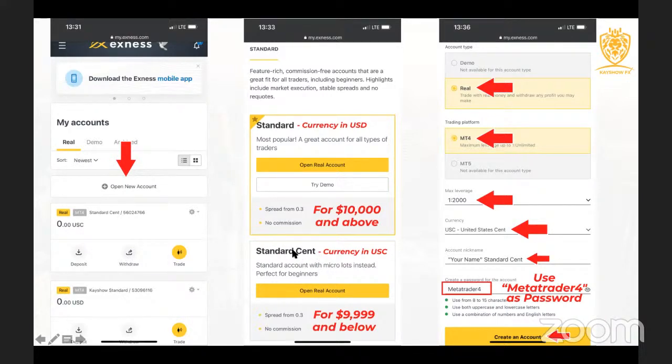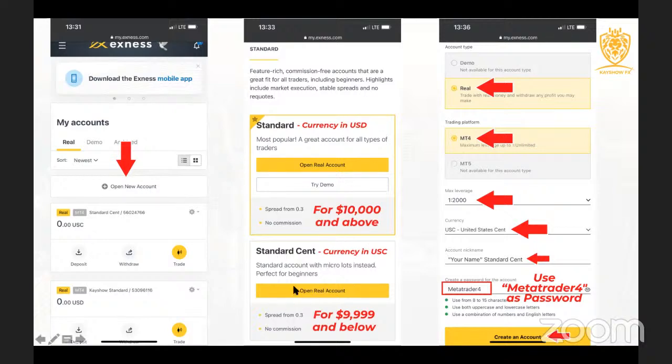All right. So why did they put this cent here? They put this cent here because if you open this account, any money you put inside here will be displayed as cent. What does that mean? That means that we all know that $1 is equal to 100 cents. So if I pack 100 cents together, that will equal $1. So if I put in $1 here, it will be displayed as 100 cents. If I put in $100 here, it will be displayed as 10,000 cents.